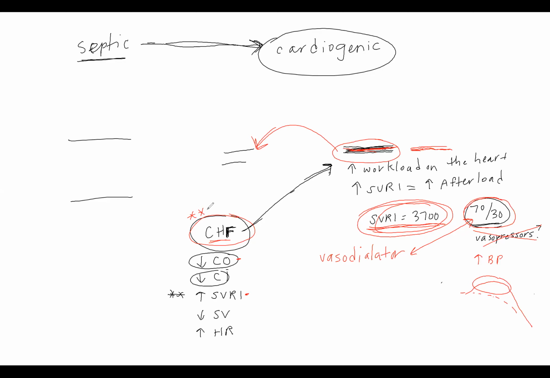And so what we end up seeing is an increase in stroke volume. The heart can pump more blood out per beat, which gives us an increase in cardiac output, which in turn gives us an increase in our blood pressure. So despite the fact it's very nerve-wracking to give somebody with a blood pressure of 70/30 a vasodilator,